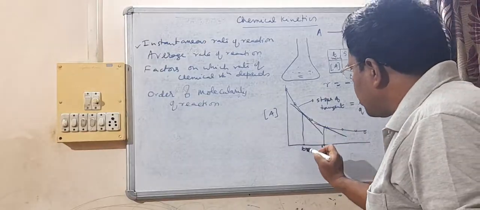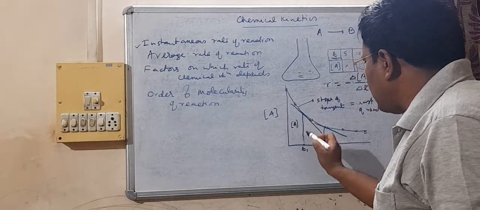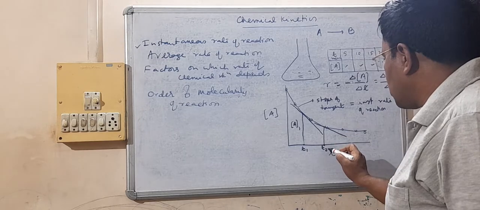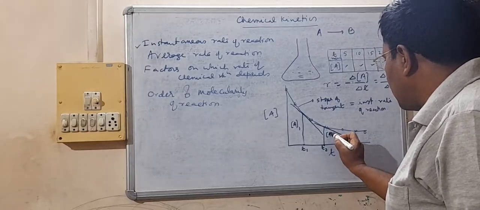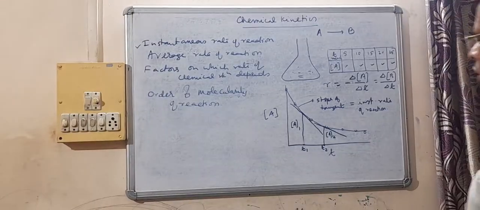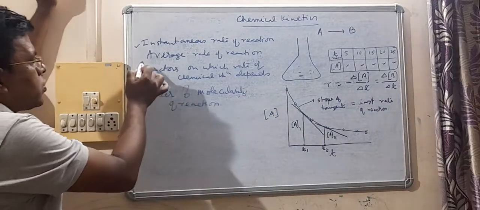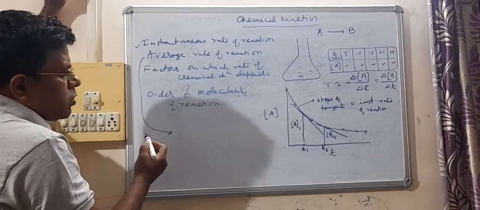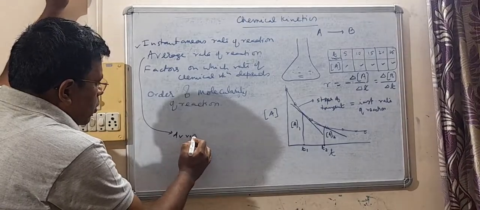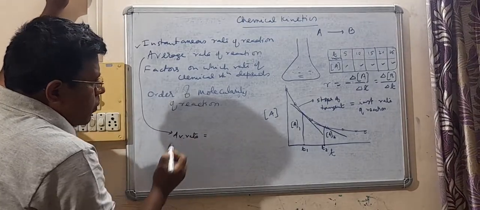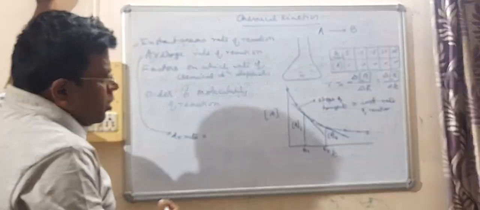Concentration of A at this time is say A1, and concentration of A at this time is say A2. So average rate of reaction over this time interval will be